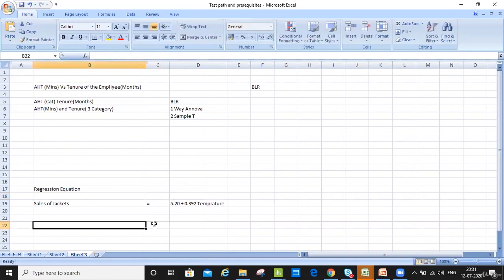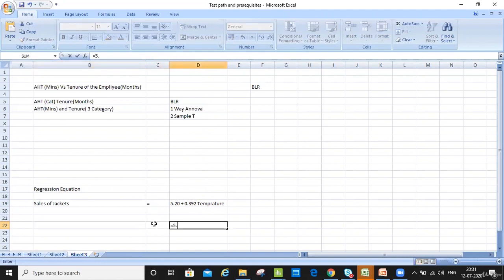So if I want to predict my sales of jackets, what I'm going to do is 5.20, start the bracket, 0.3. If I want to predict now, because it's a new equation depending upon the data that I've taken, if I mention the temperature goes to 10,